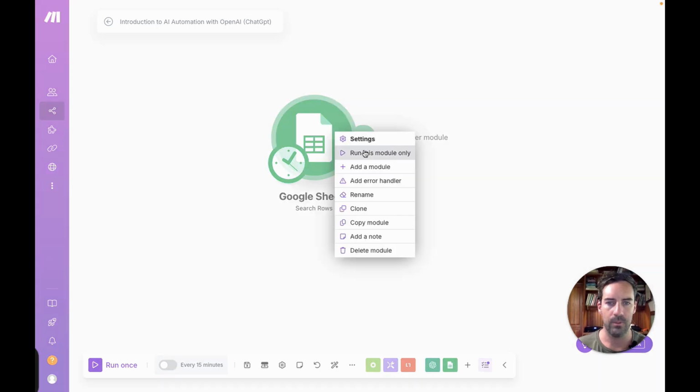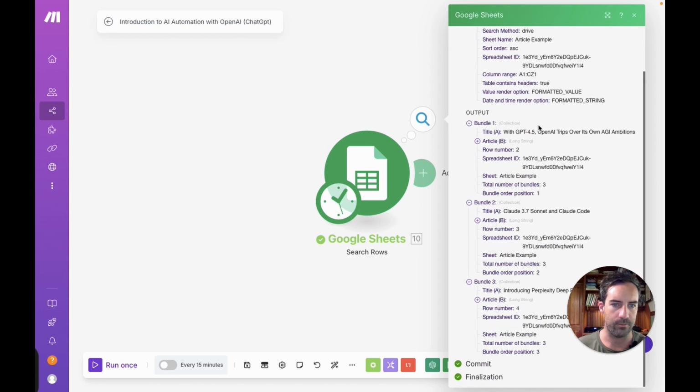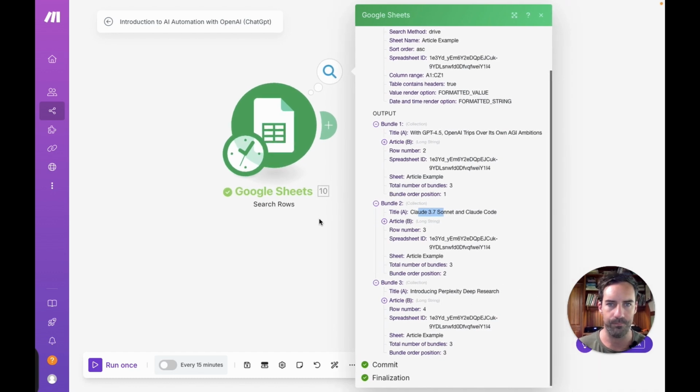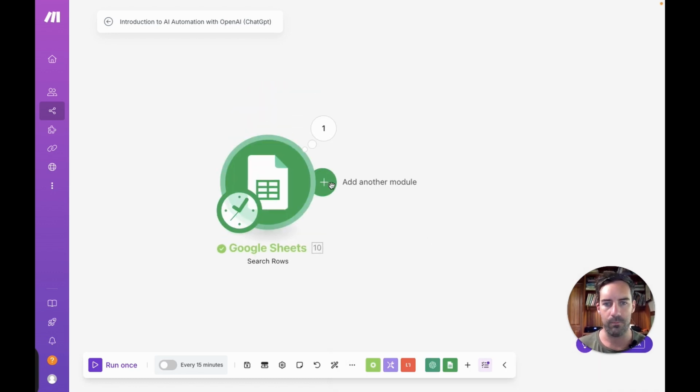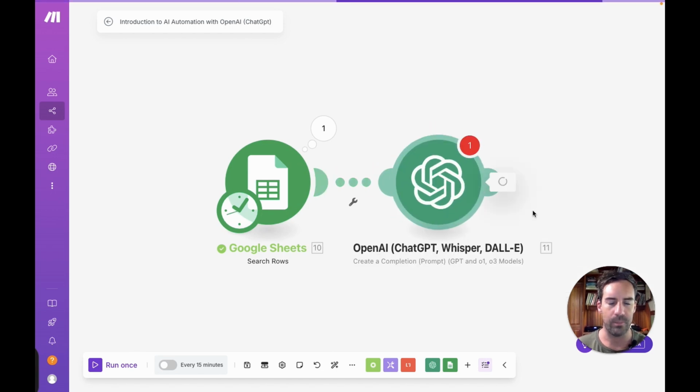Save, and I'm going to run this module once. As you can see, I've got my 3 articles in here: OpenAI, Claude, and Perplexity further down behind my head. From here, we're going to go OpenAI, create completions,